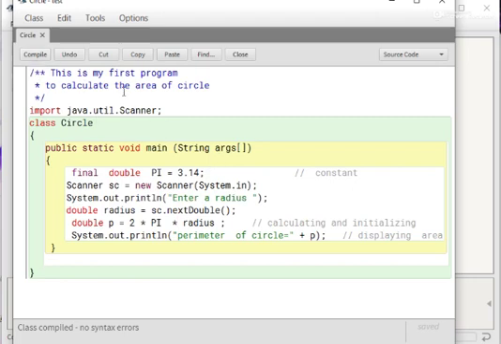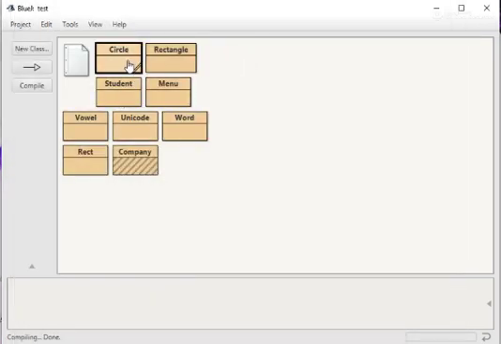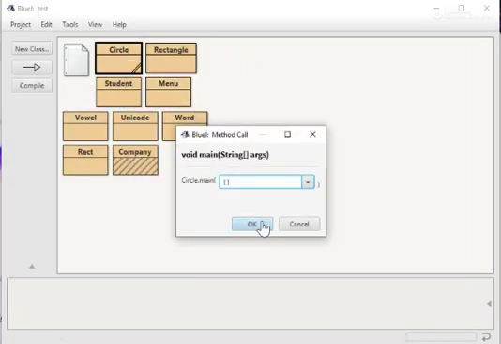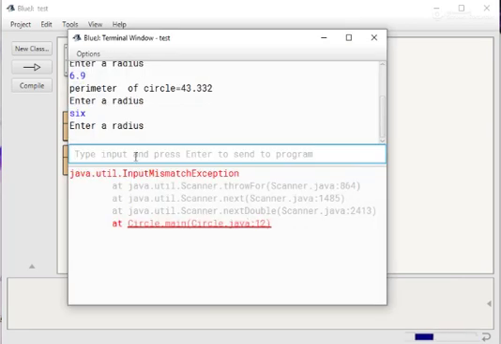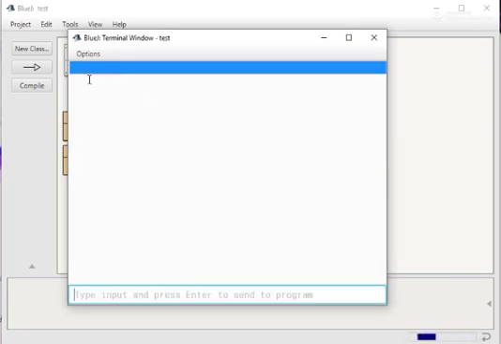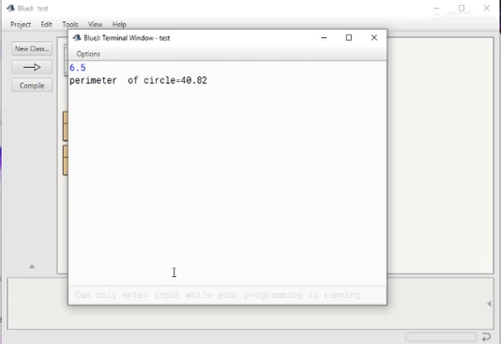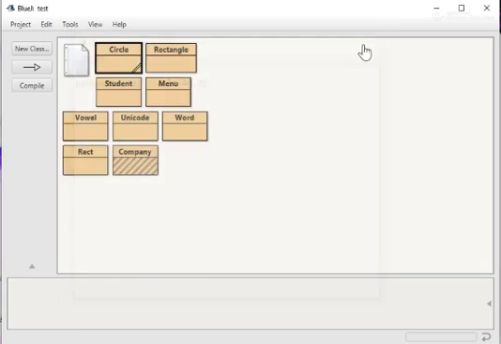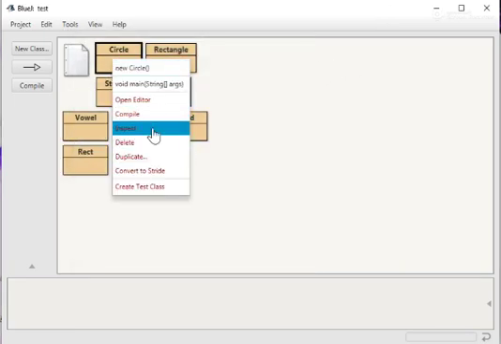For example, if we execute this program again and type 6.5, enter, then the perimeter of the circle is 40.82. It is correct.